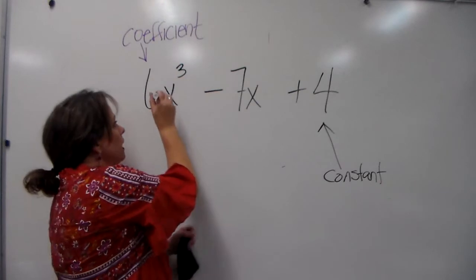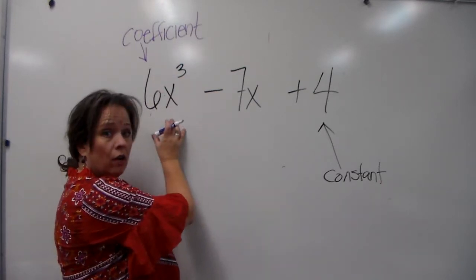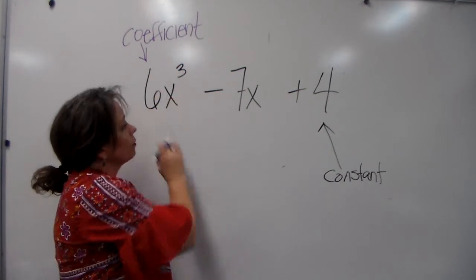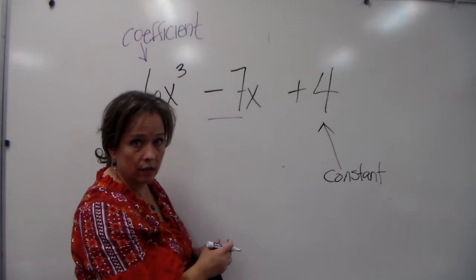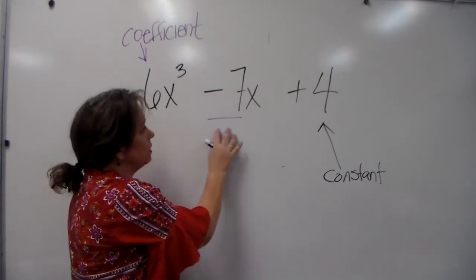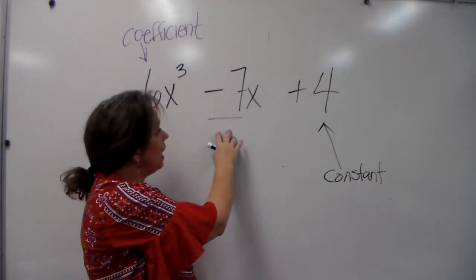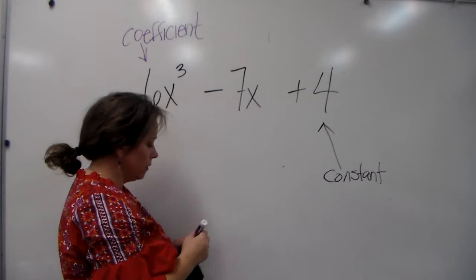And remember, it's just right there next to the variable, but that is multiplication there, okay? This also is a coefficient. And while this coefficient is a positive 6, our coefficient here is a negative 7. Okay? And of course,